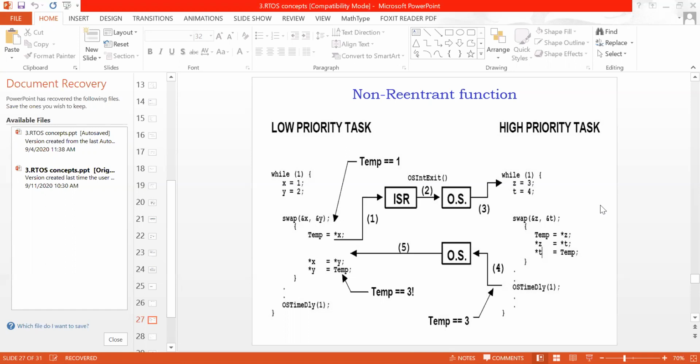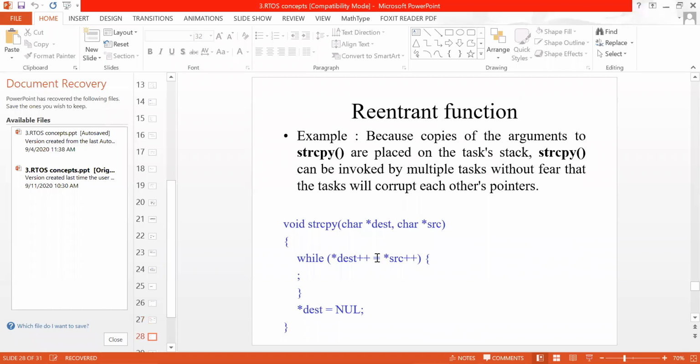In non-reentrant functions, whenever we switch from one task to another, the data is lost and data corruption occurs, so we try to avoid such functions in RTOS. In the next lecture we will see the second type, reentrant functions, with an example, and if I have time, I will compare both. I hope you have understood. So we'll stop here.